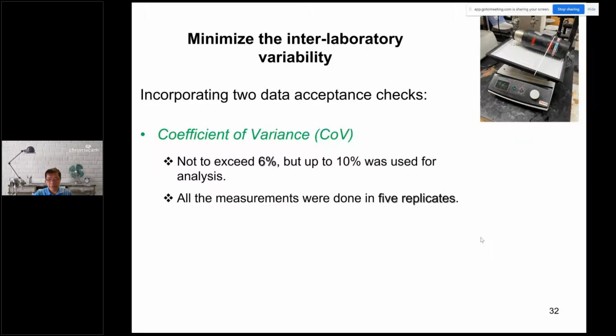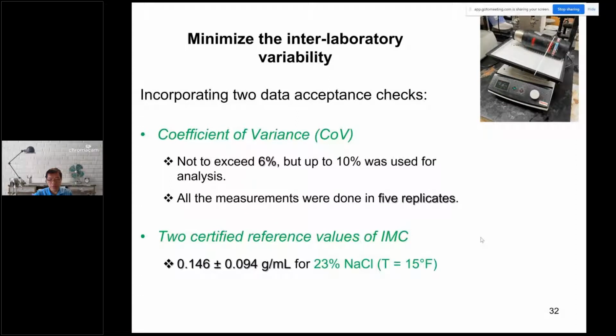Now, again, from the first round robin test to the second one, we moved from 3 replicates to 5 replicates. That really helped the results to be much more consistent. Also, we already implemented 2 certified reference values. Based on all the data points collected, we were able to approximate an actual mean, which for